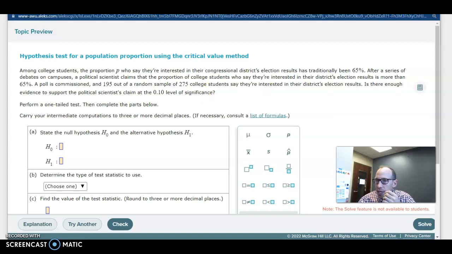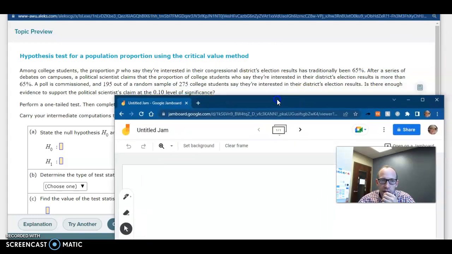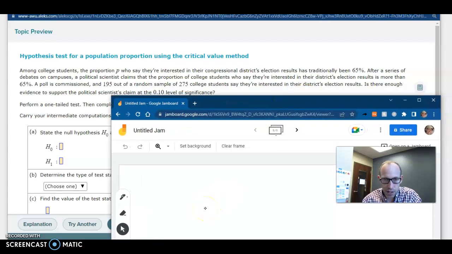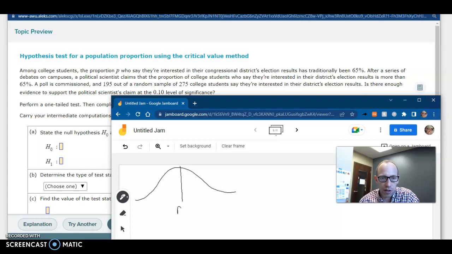Just to make it clear what's going on, we have the null hypothesis proportion of 65%, but the political scientist claims it's actually higher. So in order for us to reject this null and agree with this political scientist,